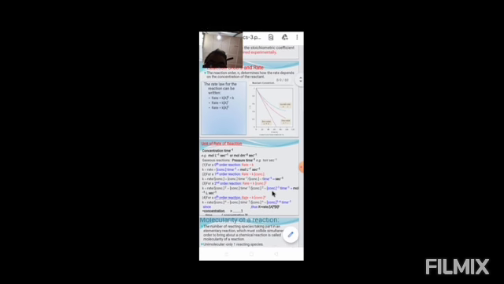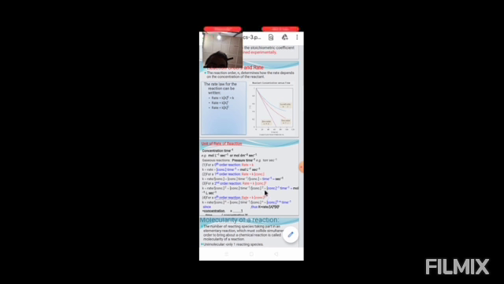For second order reactions, again rate equals K times concentration to the power 2. So if you want to find K, it is rate by concentration to the power 2. The unit of rate is concentration per unit time, divided by concentration square. So you can cancel one concentration against another, and in the denominator you get concentration, with time inverse. So the unit is concentration inverse, time inverse, that is per mole liter per second. This is the second order rate.